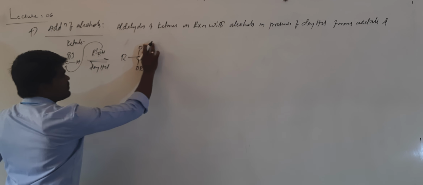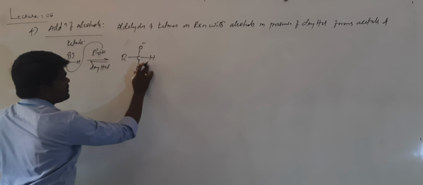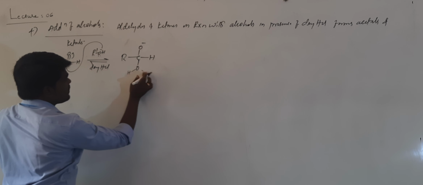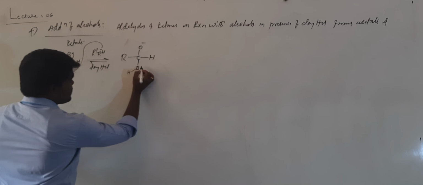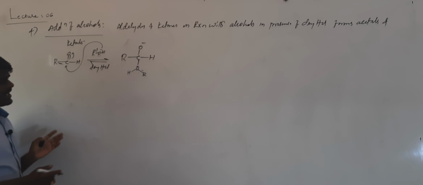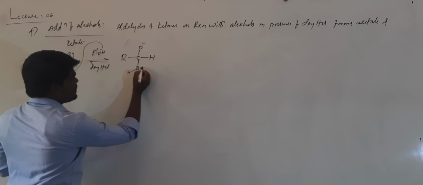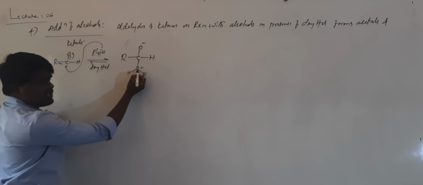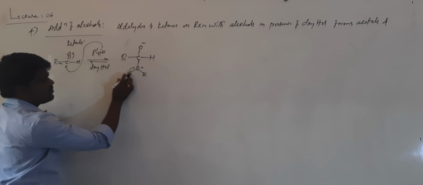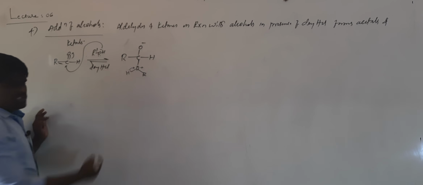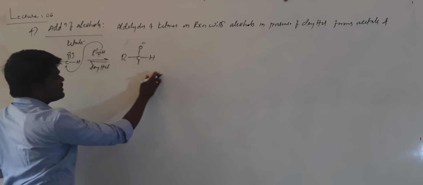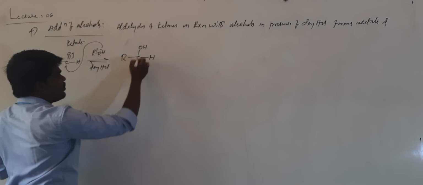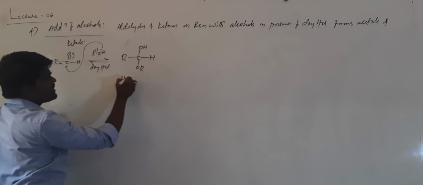Basically what happens, if you want to get a clear picture of this, with the donation of the lone pair of electrons, it gets a positive charge. That actual mechanism is not needed, but in order to have the understanding, it gets a positive charge. In order to nullify this positive charge, this sigma bond will be shifted to here and H plus will be removed. This H plus will attack here, so that it finally becomes OH and OR. This we call hemiacetal.